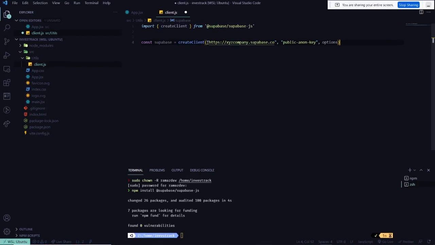So we need to have two things here. We need to have the public key. We need to have the